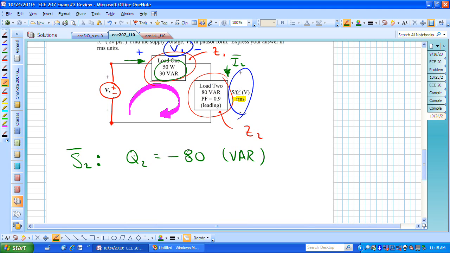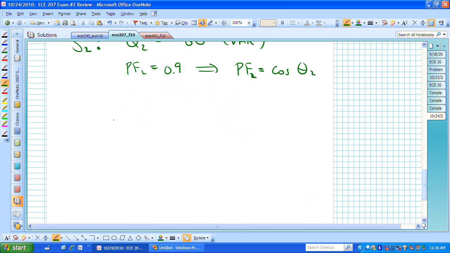We're also told that our power factor for load number 2 is 0.9, and we know that this relationship for our power factor is that power factor is the cosine of theta sub 2. So we can now find theta sub 2 by doing the inverse cosine of 0.9, and because it's leading, we will put in this minus sign right there, which if we